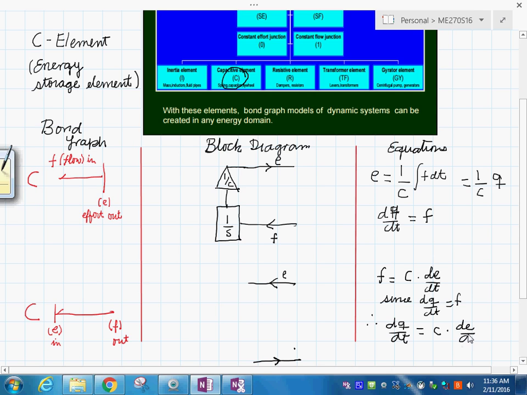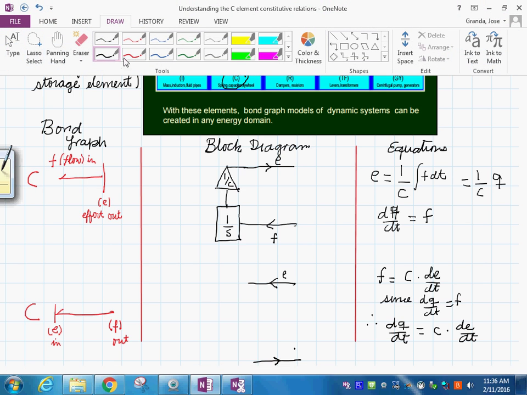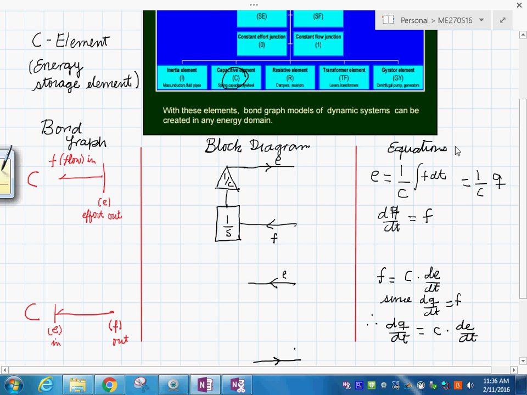Yeah, but this one right here is the derivative form. There you go. So if you have the equations this way, then obviously you need to describe it in a graphical form. In this particular case,